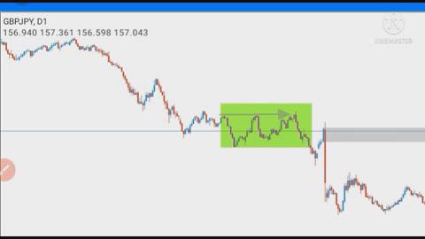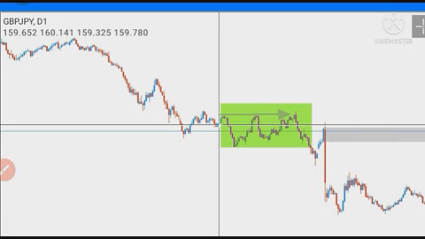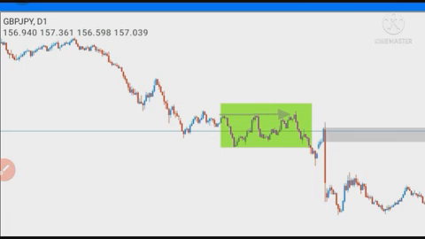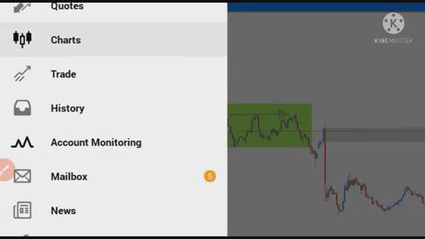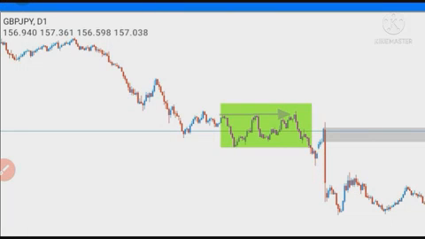You can see above this equal high lies liquidity, and the market makers know it. So they push price up a little to grab all that liquidity, and then they collapse price downward. Can you see that? Now, let's see another example. That's number 2, liquidity. Take note of it.